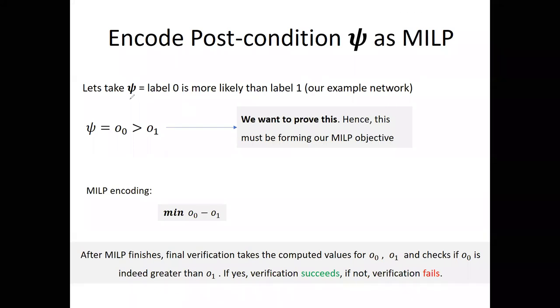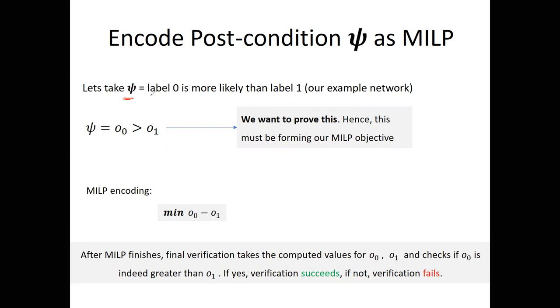Let's see how that is done. So remember, this psi is just the post condition. This is the notation we were using before: phi is the precondition, psi is the post condition, and phi and psi together define the specification. So this psi, let's say in the binary case where we had this simple network that we looked at before,